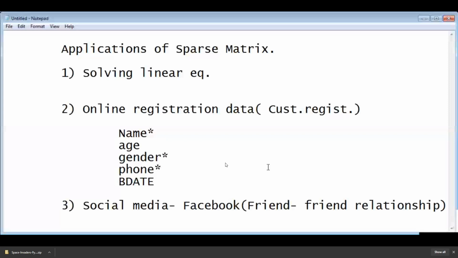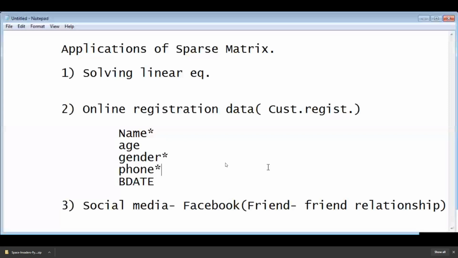Am I right? The application only gives you the information about where the friend is there: the element is present. Where the friend is not there, the element is marked as 0. But all are there on the application Facebook.